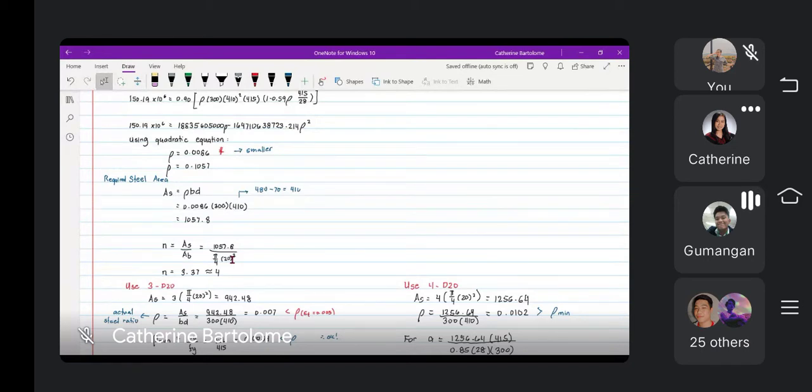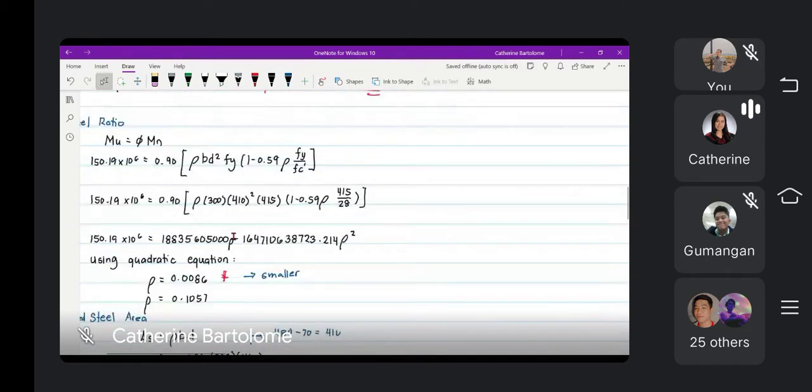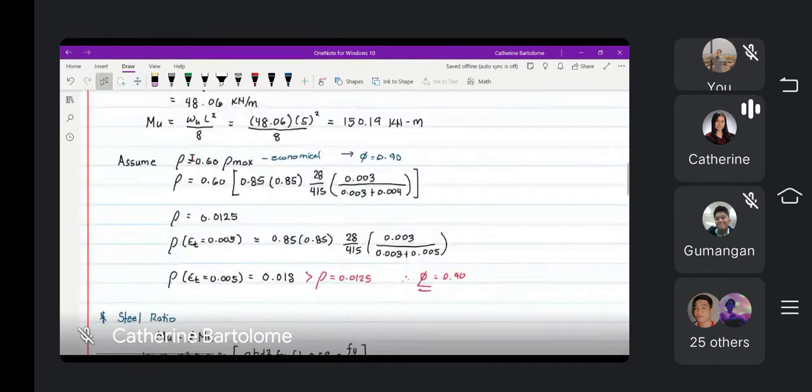Ay, so pag hindi po given yung rho actual ma'am, mag-assume po ng 0.6. That is the most economical value of rho. Kasi ang point natin dito, bakit 0.6? Itong 0.6 kasi, most likely, magka-come up siya sa phi is equal to 0.9. Bakit ito yung ina-achieve nating value of phi? Para hindi complicated yung maging solution natin. Okay, phi can be 0.9, pwede nyo ring 0.65 or